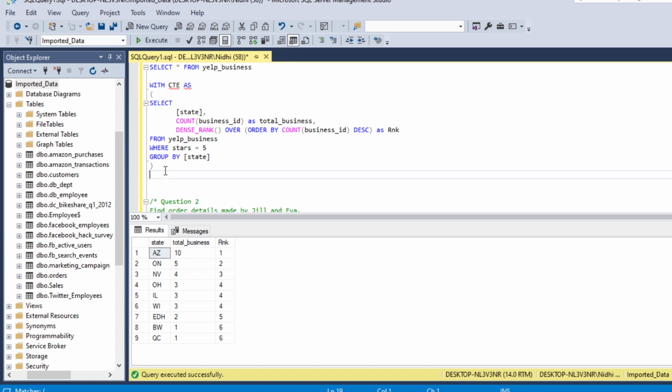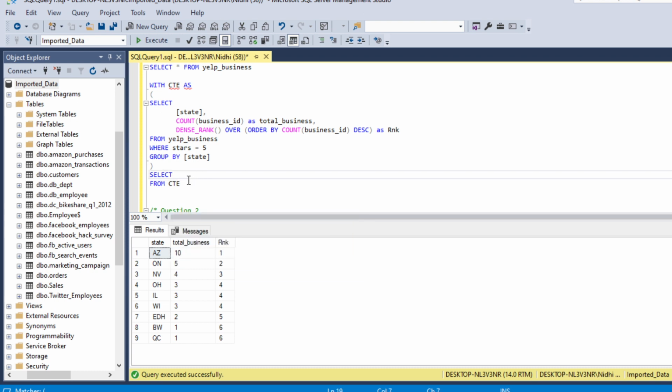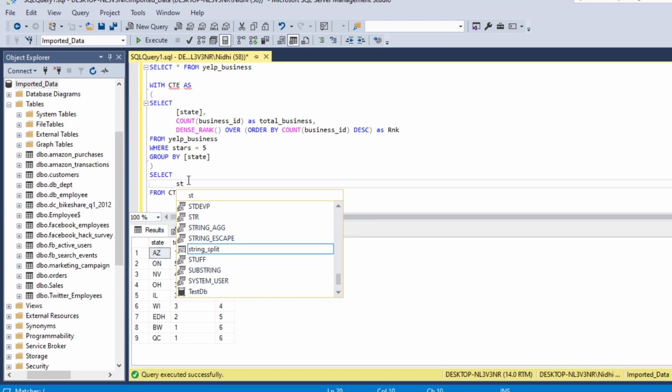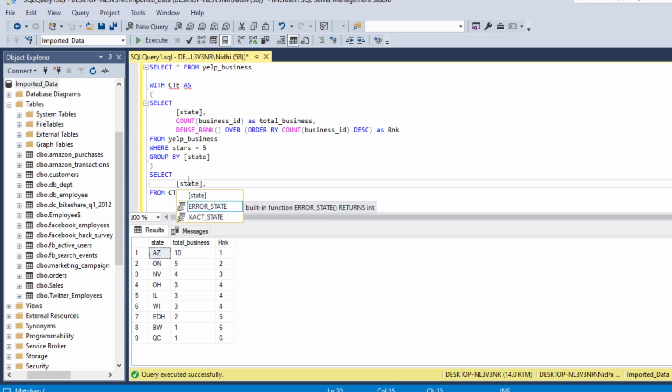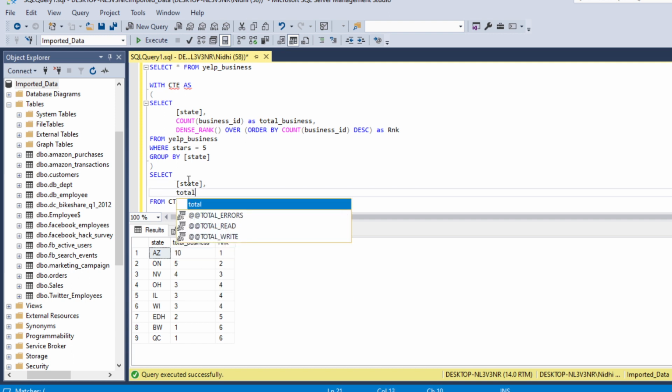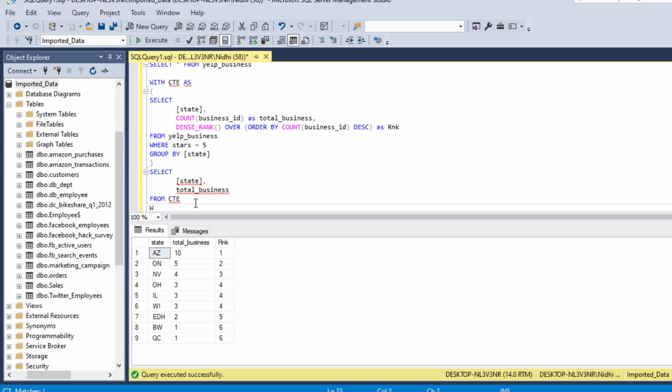So now we have to select only the top 5 states. So select, and we are selecting from the CTE. What we need from here is state and total businesses, from the CTE where our rank is less than or equal to 5.